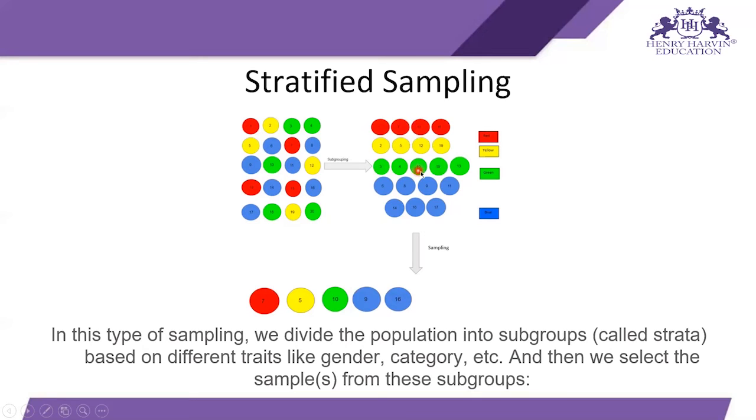As you can see, red, yellow, and green points are equivalent, so I take 1, 1, 1. And blue points are more in number, so that's why I take 2 points from there. So like this, in stratified sampling, I take my sample data points. And when I'm selecting a point from a particular group, let's say from this red group, I can select a point in a random order. It is not that you can select only this one; you can select any point from the particular color.